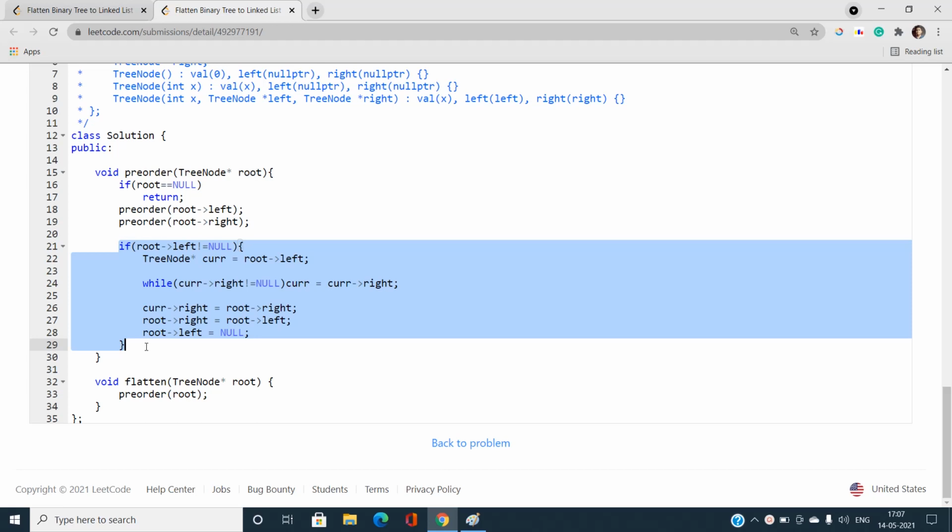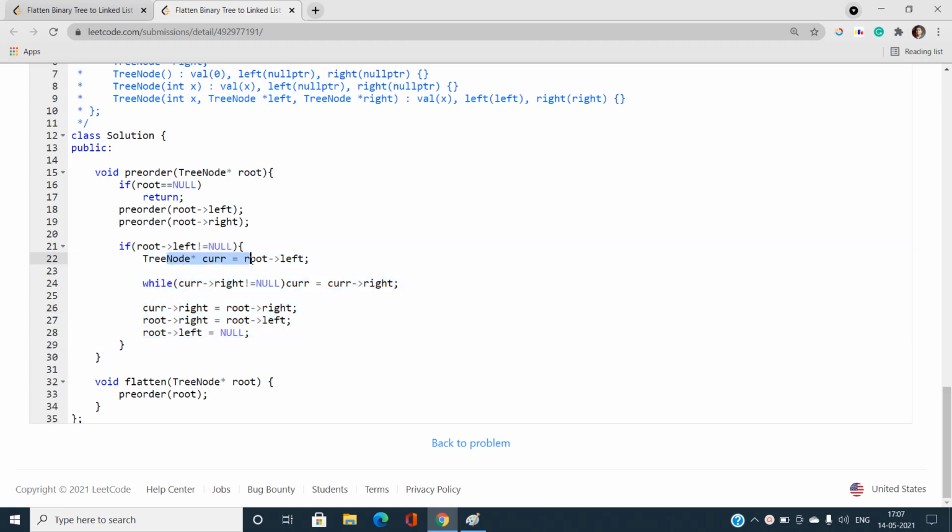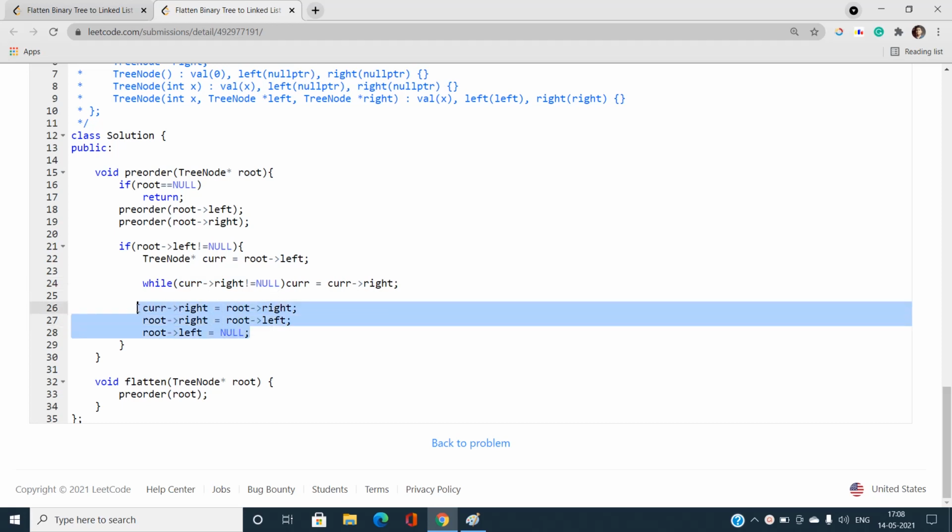This can be easily done by finding the current node's root left and finding the extreme right node, that is, iterate till current's right is not null, and find the extreme right node and link this node in the form of a linked list. Note that I need to make root's left null.